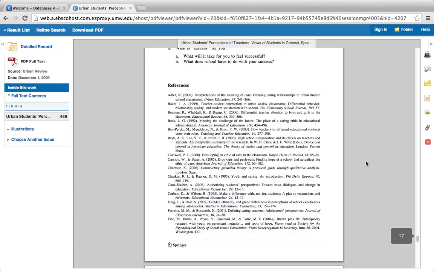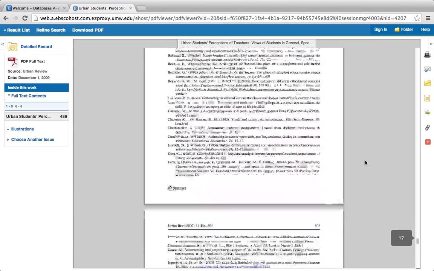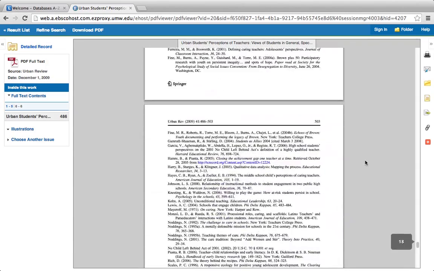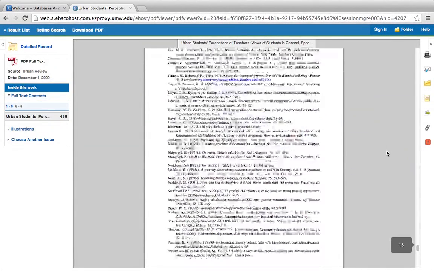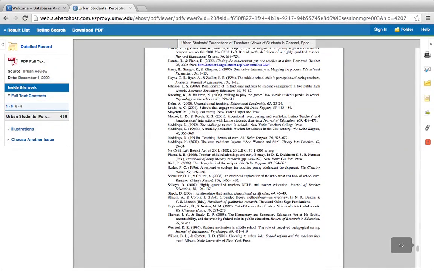The other thing that you can do is go down to the references, and if you take a look at these references, sometimes you'll find other articles that may tie in to your topic area. And so you could go through and actually use this as a search engine. So if we look at this article here,